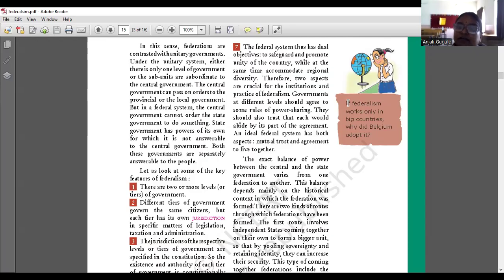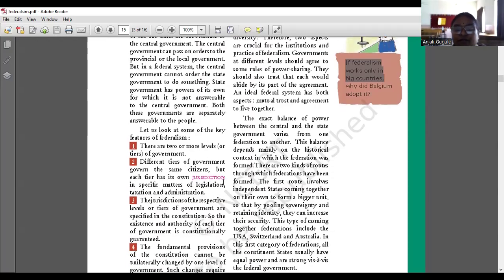Now here one activity question was asked: does federalism work only in big countries? I had discussed that from the smallest unit of society to the biggest of countries, conflicts are everywhere. Whichever countries follow a federal system can do better conflict resolution, because in federalism power is divided, delegated, and shared. When people feel accommodated, it eventually leads to peace and prosperity, because they stay united together, as explained in the seven features of federalism which I covered in the previous class.